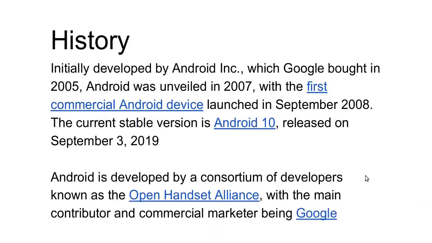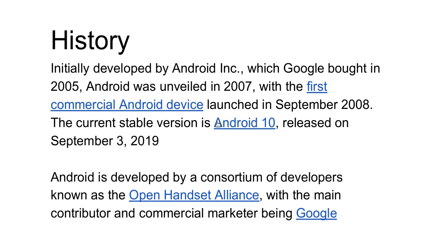Then let's see some history. It was developed by Android Inc., which Google bought in 2005, and it was unveiled to the world in 2007. The first commercial Android device was launched in September 2008, and the current version is Android 10, that was released on September 3, 2019.